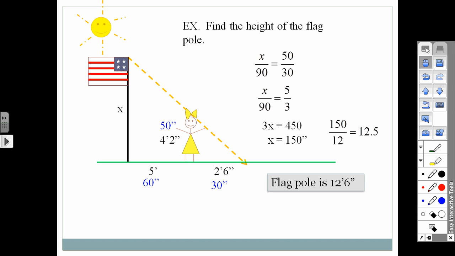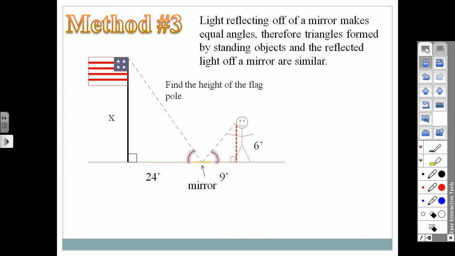All right, so that's dealing with shadows, whether they're shadows created by the sun or a lamppost or something making light that creates shadows. What happens if you're in the dark? What if it's a cloudy day and there are no shadows? So method 3 involves mirrors. And so here's another physics lesson for you, is that the light reflecting off a mirror makes equal angles or